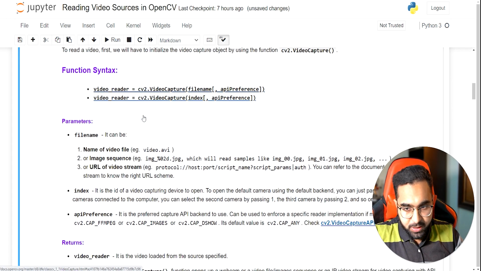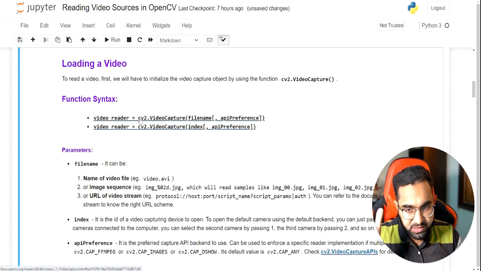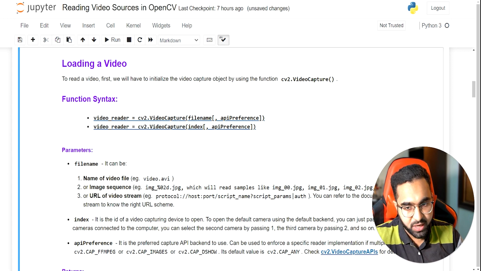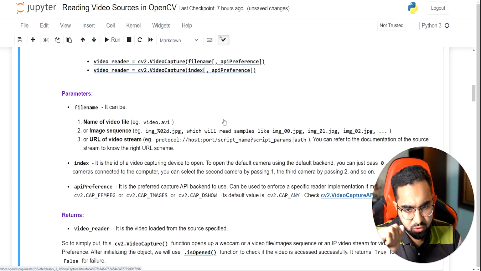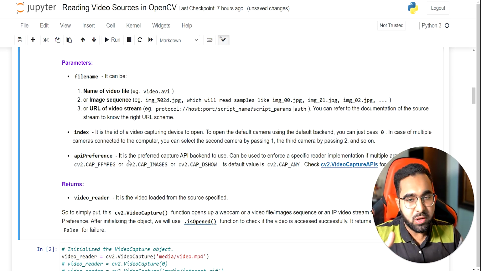Anyways, the parameters that you will need to specify whenever using this cv2.VideoCapture function: first, if you're reading a video from disk, you specify the path of that file. If it is in the working directory, just pass in the file name like video.avi, video.mp4, etc. And then you can pass in the API preference. This is optional and not that important, so you can forget about it, but it's the preferred backend to specify which will read the video.